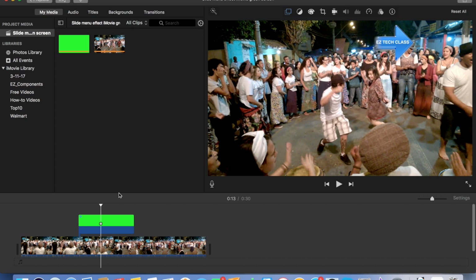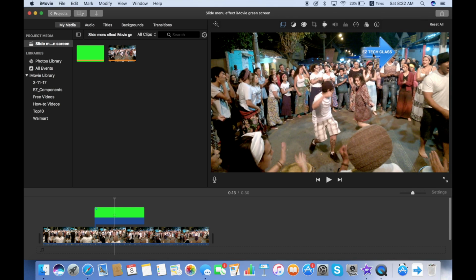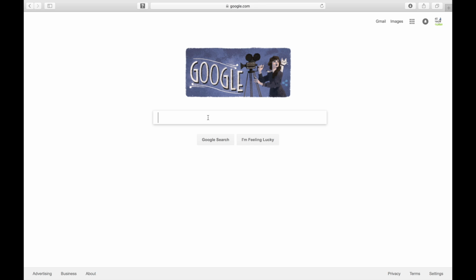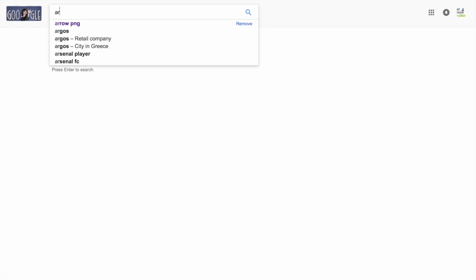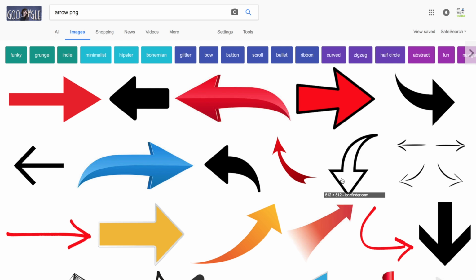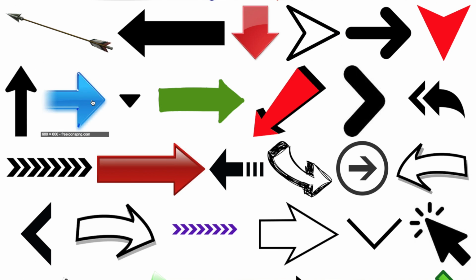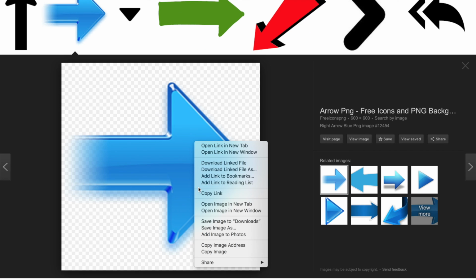So to get started, you need to get a picture in PNG, which is a transparent format. I got this one free from Google. So you just go ahead and go to Safari, open up Google, type in arrow PNG, and click to the images. We can pick the same one that I have, it's a free icon, and you click into this one, save into